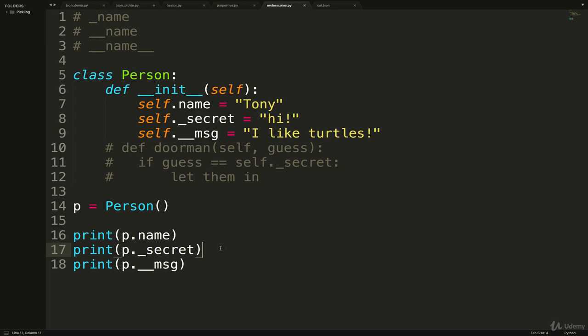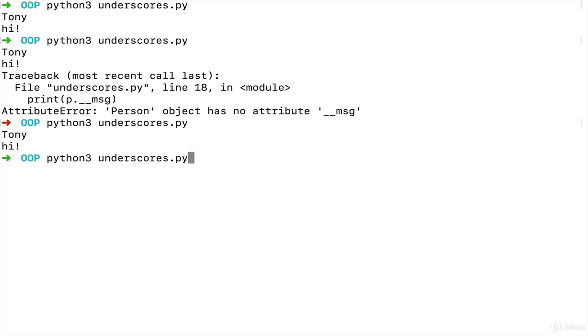What's happening here is something known as name mangling. So when we put two underscores before the name of a method or an attribute, Python will, behind the scenes, mangle the name, or change the name, of that attribute. And to see what it actually looks like, let's just do dir of p, and we'll print that and run it.